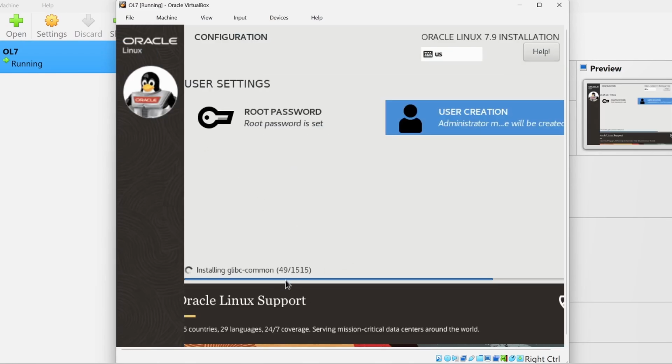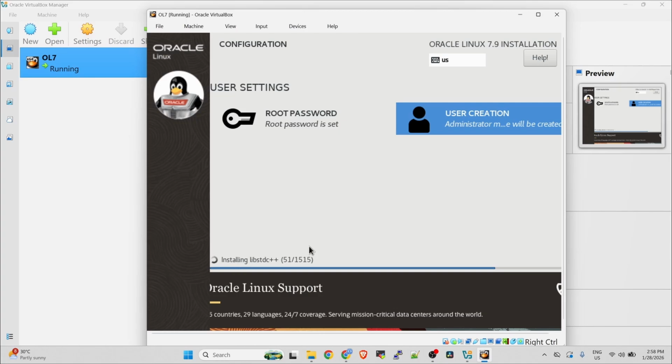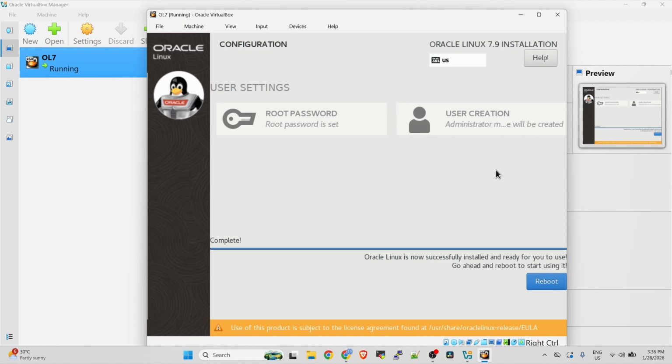So, we are now going to wait for the installation progress to be completed. Okay, so the installation progress is now completed. By the way, if you want to go to your host machine, you need to press right Control in order to go to your host. And then if you want to go back to your VM again, just click inside. And we are going to fix that later by installing the guest addition CD image.